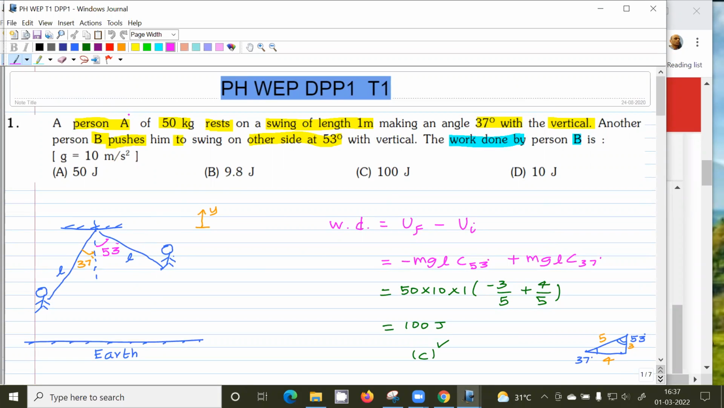Okay, try this question. A person B, 50 kg, rests on a string of length 1 meter, making an angle of 37 degrees with the vertical. Another person pushes him to swing to the other side at 53 degrees with the vertical. So the work done by the person is